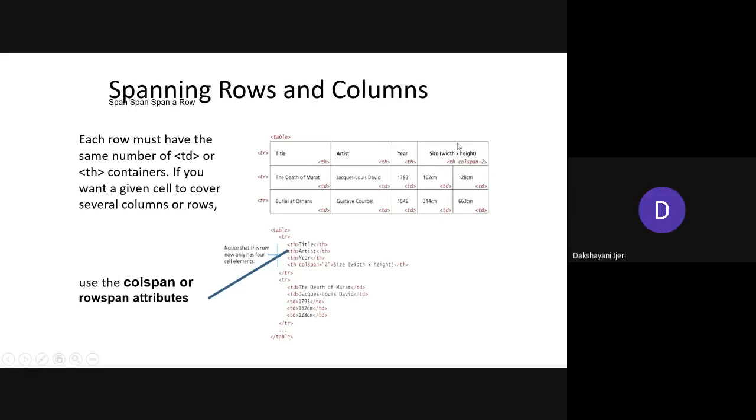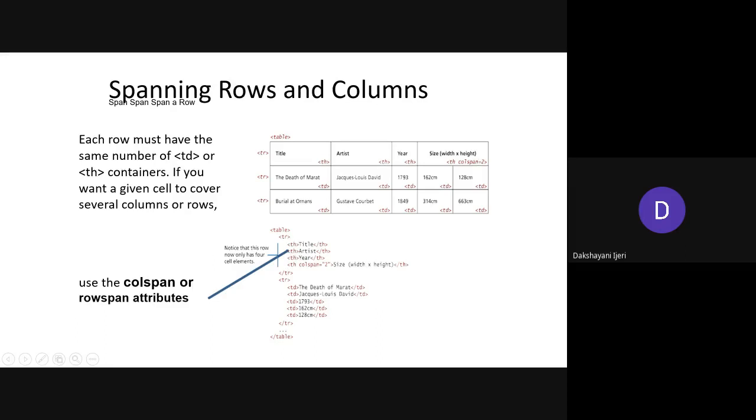Whenever you are creating this particular content, whether using td or th, it doesn't matter. Whichever element you are using, you have to use the attribute known as column span if you want to merge the columns here, right? The value of this attribute needs to be the number of columns that you are merging. In this case you are merging two columns, so this has been created as a heading using th, and to this th element itself you use the column span attribute with the value 2. Why 2? Because you are merging two cells here.